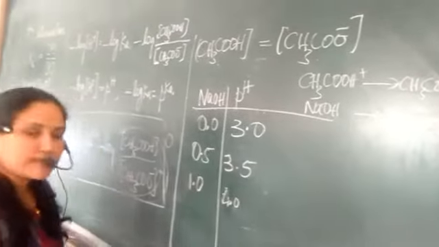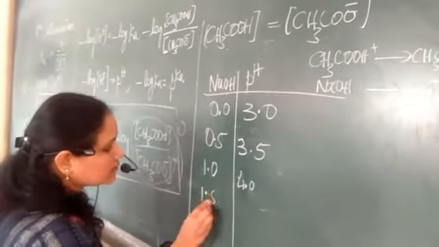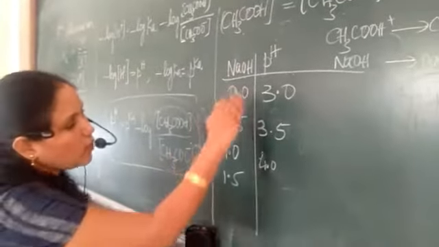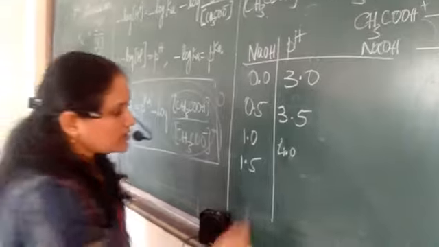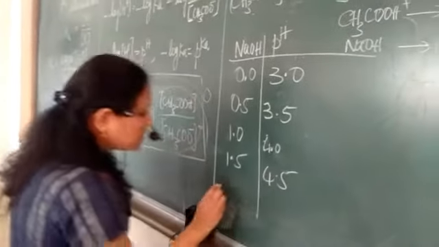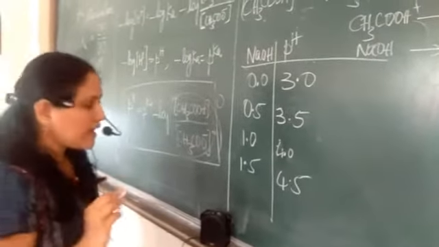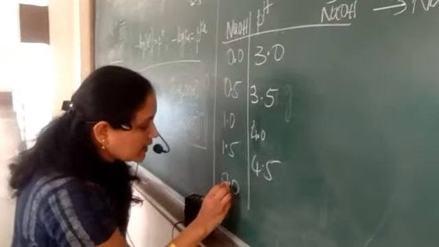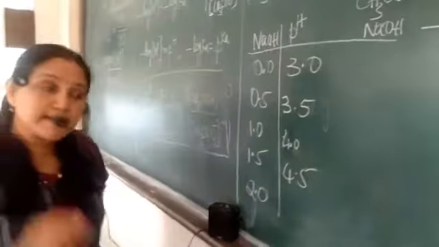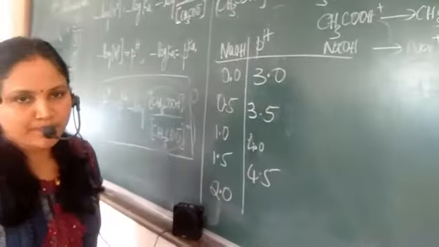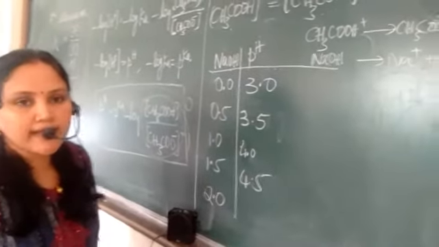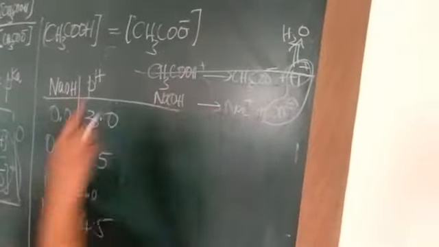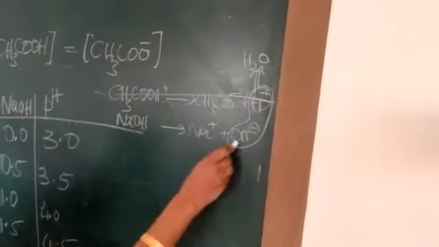This addition of sodium hydroxide, you should go on adding in increments of 0.5 ml and you should go on recording the pH. So let us assume I have recorded the pH. Now let us assume when I add 2 ml, all the acid got over. What happens when the acid gets over? This reaction is not there because there is no acid. It's only sodium hydroxide now. Sodium hydroxide gives Na plus and OH minus.